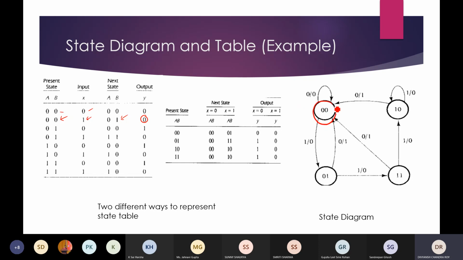If you see here, this is my state 0 0, and if the input is 0, then my next state is going to the,